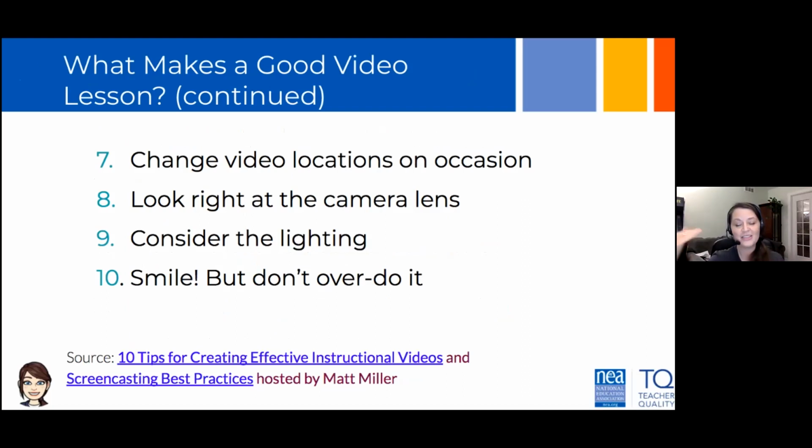Correct. Another thing that's hard for me to remember is to look right at the camera lens on your laptop computer or on your desktop computer. That for me, I'm a Mac user, that's the hole right up at the top. And I forget to do that all the time. I'm usually so focused on my Zoom window with all my kids in it.